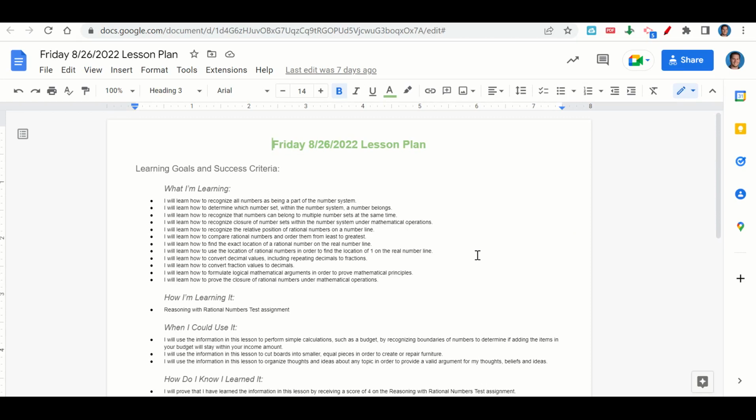First, what are we learning? We're learning how to recognize all numbers as being part of the number system, how to determine which number set within the number system a number belongs, how to recognize that numbers can belong to multiple number sets at the same time, how to recognize closure of number sets within the number system under mathematical operations, how to recognize the